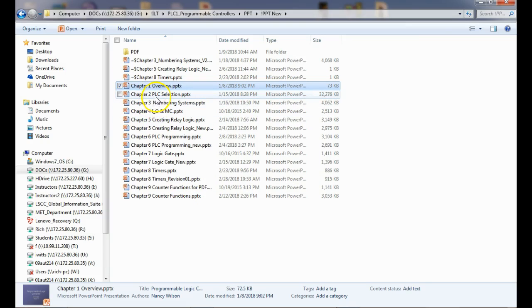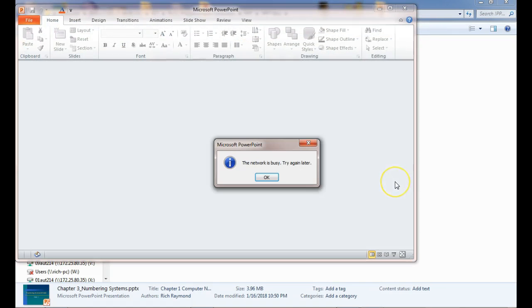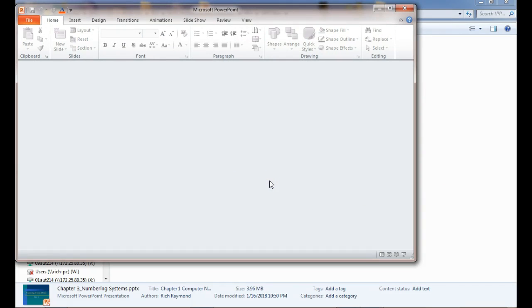PLC selection. That's what Phil's talking about. We've already talked about that. Numbering systems. Everybody okay with numbering systems? We're going to be using numbering systems in this class when we start doing